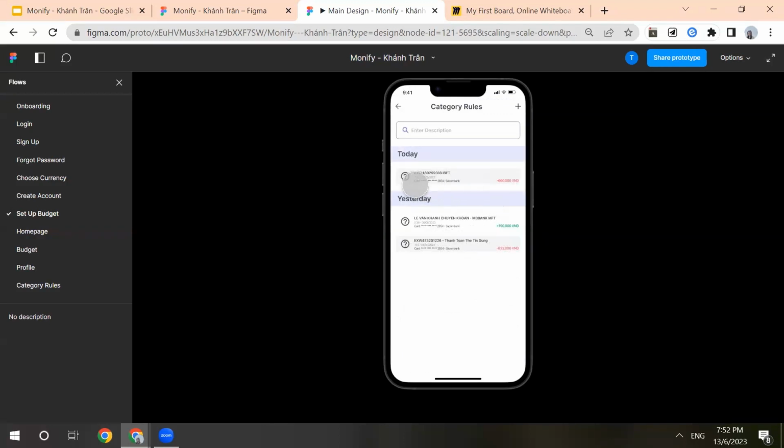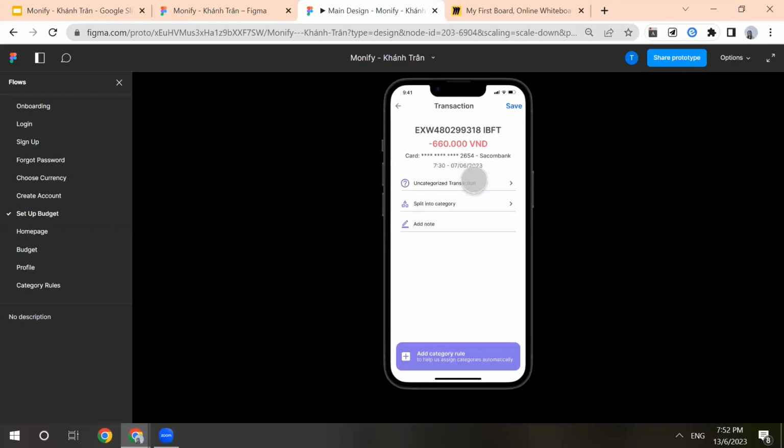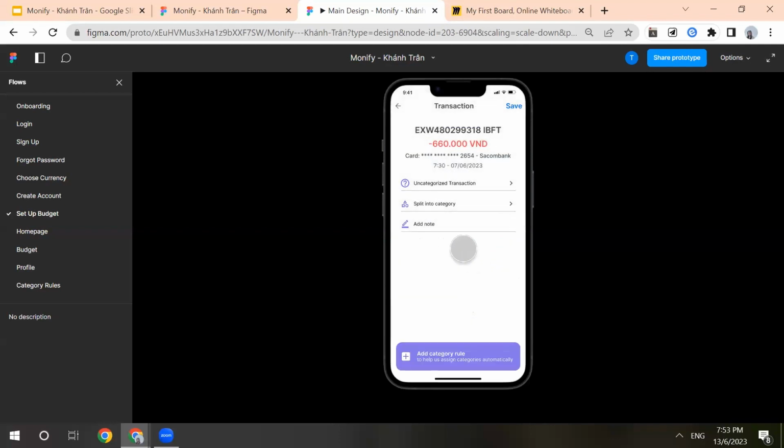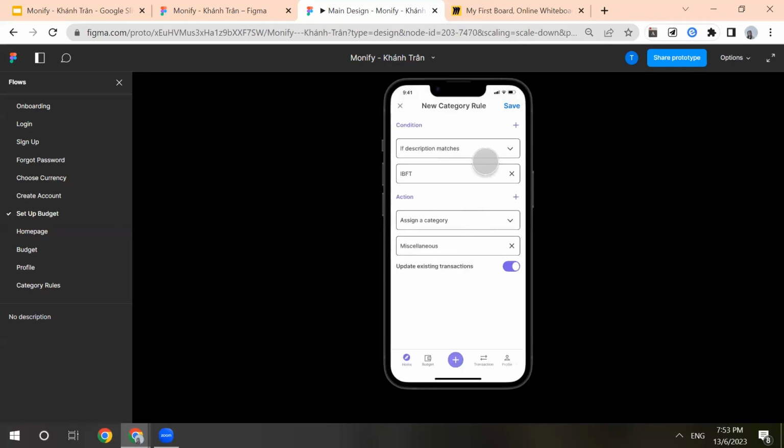Like this, there are many unnamed categories, and the user can click on a transaction and choose the category that they want, or they can choose the action there, which is assigning to a category or adding any condition to it.